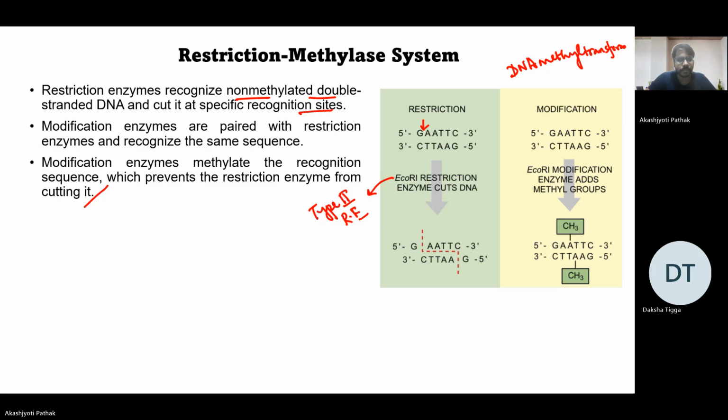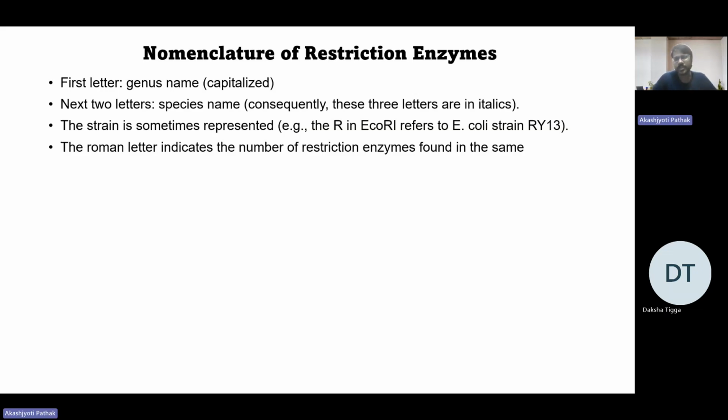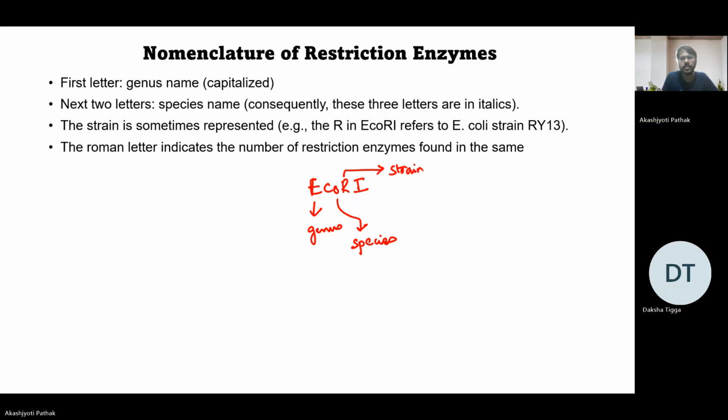Okay. Now, what is the nomenclature of restriction enzymes? You all have learned about the nomenclature, isn't it? So it is EcoR1. If the restriction enzyme is EcoR1, then E stands for the genus of the bacteria. The CO stands for the species. R stands for the strain of the bacterium, and 1 stands for the